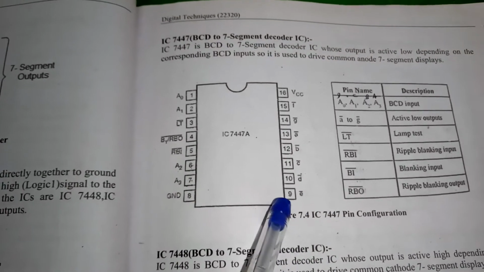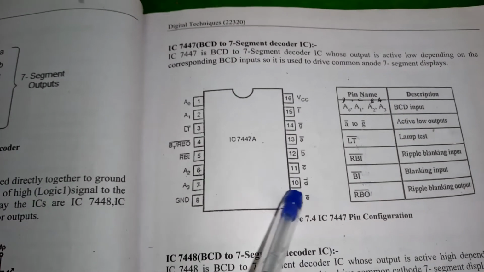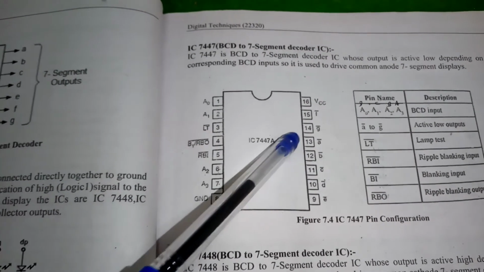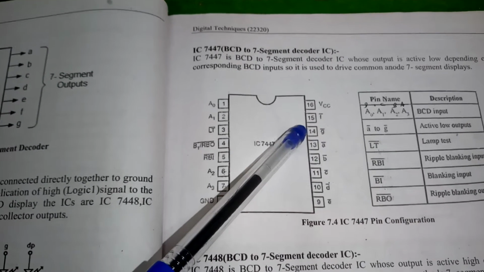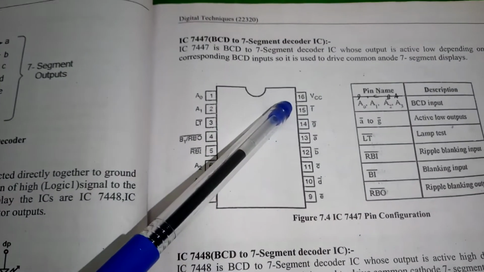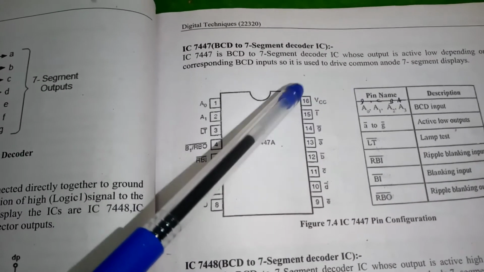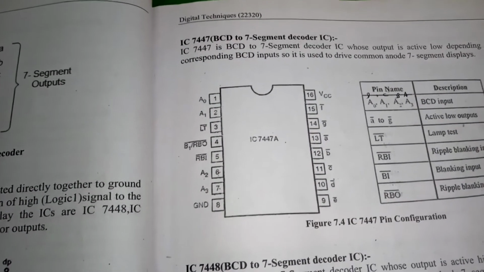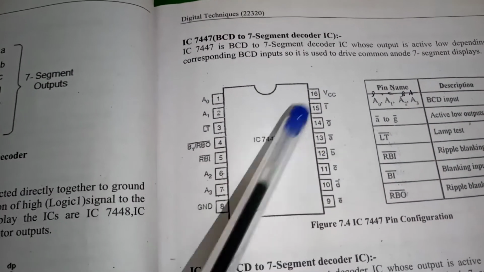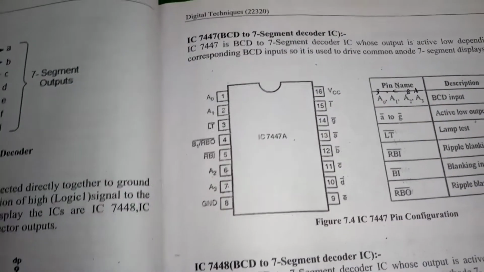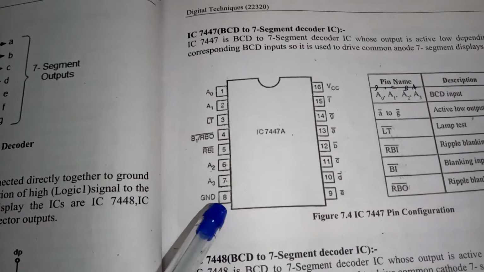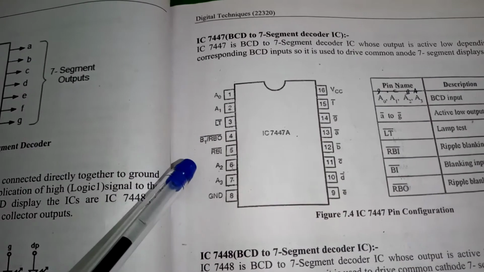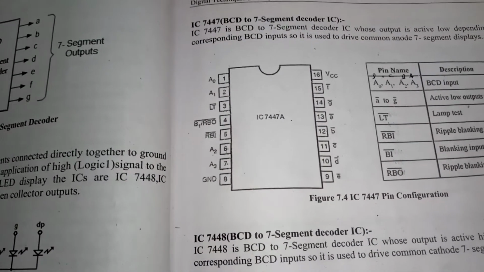Then pin number 9 is E bar, 10 is D bar, 11 is C bar, B bar is pin number 12, 13 is A bar and 14 is G bar, 15 is F bar. So these are nothing but the segments of LED, that is A to G, on which you can see the display of number. And pin number 16 is VCC. So again we'll require plus 5 volt VCC, and for the functionality, pin number 16 and pin number 8 is a supply connection which is essential for working of IC.